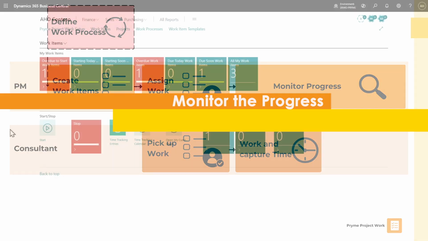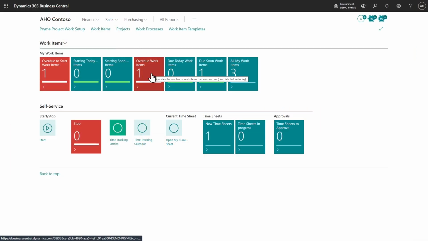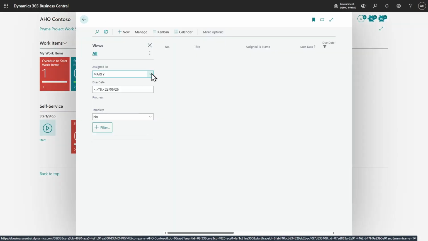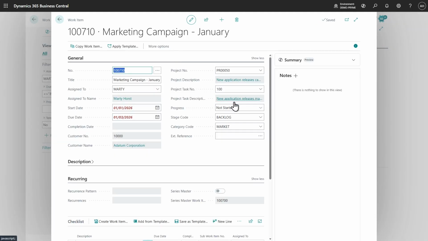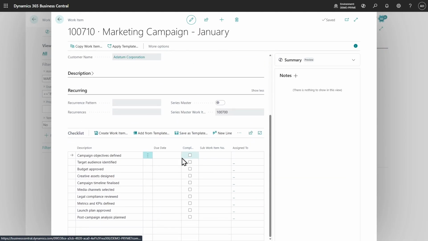If I have this to do, let's say I have this one that is overdue, I can see this is a marketing campaign in here. I have not started it, and maybe I am at this point starting this. So I'm saying I'm now going into the analysis phase. I can also go in and say, yes, what have I done? I have defined the objectives and I have defined my target audience. This is as far as I get at this point. And my manager can see how far I am. When he looks at this, he can see that I have completed 2 of these steps